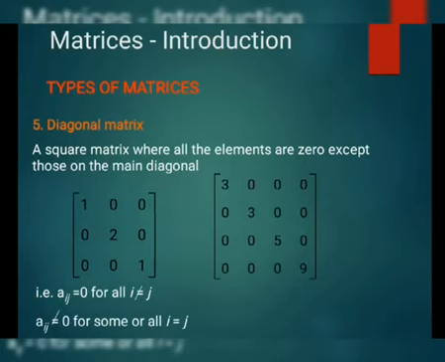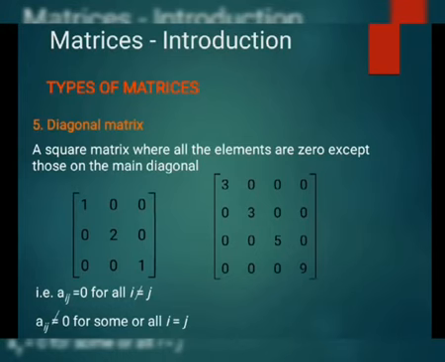The diagonal matrix is again an important type of matrix. In this type of matrix, look at the diagonal here. In the diagonal, the elements are any scalar number and all the other elements are 0. For the diagonal we always take the elements whose positions have i and j coefficients equal, like a11, a22, a33.